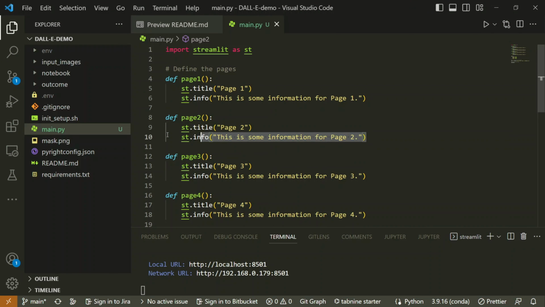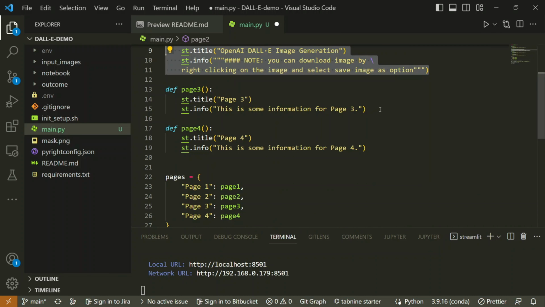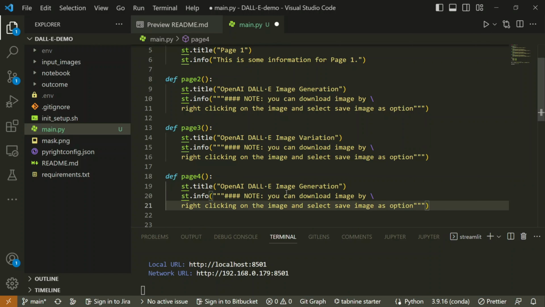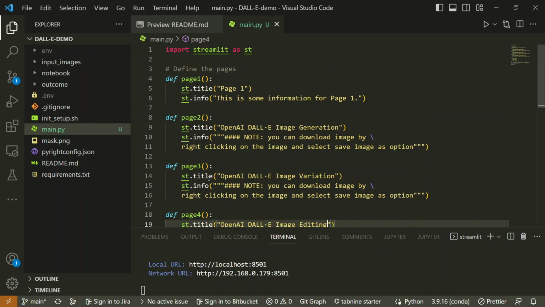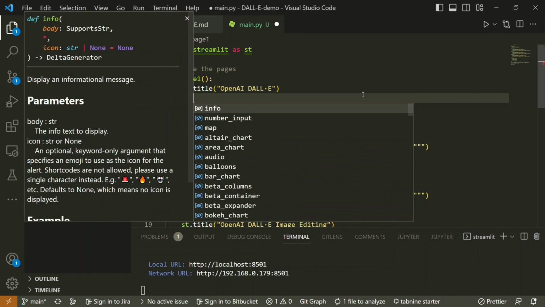Actually, it should be page 2. That is OpenAI DALL-E image generation. And then we will simply provide a note that you can download an image by right clicking on it and saving that image. Let's say page 3 is going to be about image variation, and page 4 is going to be about image editing. So we have all these: 2, 3 and 4. And page 1 is again about DALL-E, and we can say st.markdown,